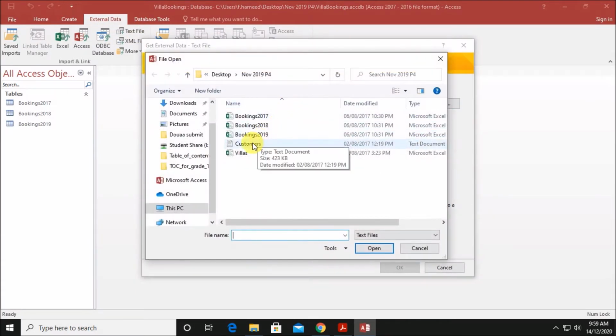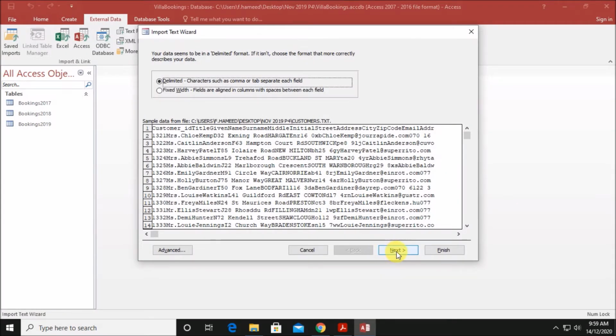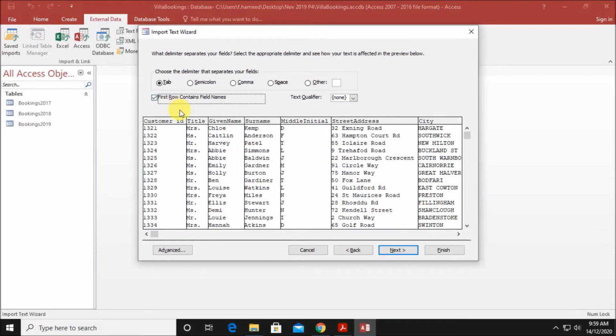Next file is customers file. Click Next. So you can see this is the customers file. These are the details about the customer. First row contains field names. So here the customer ID will be the primary key.